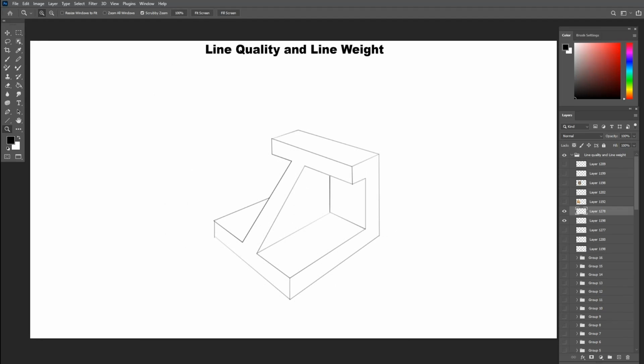Let's do another example. We drew this once before, but now let's add the line weight on top, using the same technique we just used on the building. Thick 10 points line for the bottom cast shadow, 8 for the back edge away from the light, and a thinner line as it goes toward the lighter top.